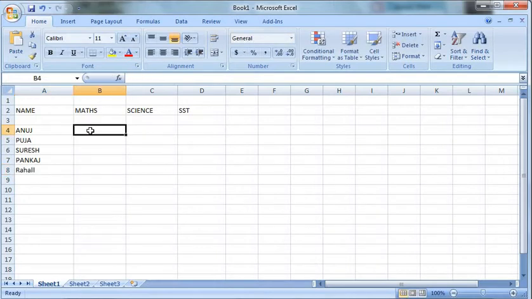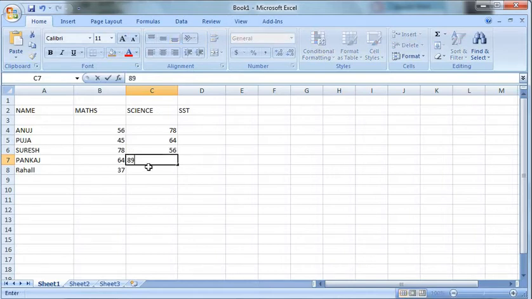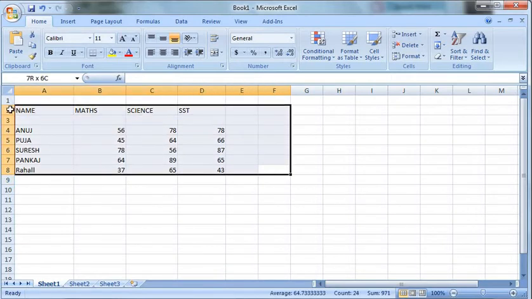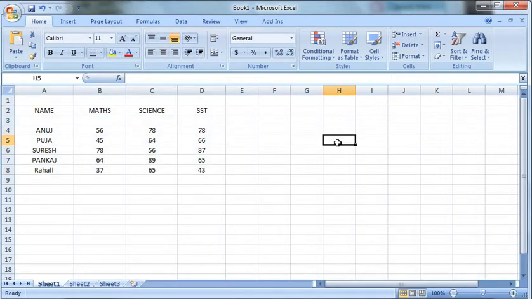And here, suppose out of 100, 56, 45, 78, 64, 32, 37. Like this I am writing the marks of these students, also in Science. So this is one table we have created, right? I am aligning it in the center. This we have created.